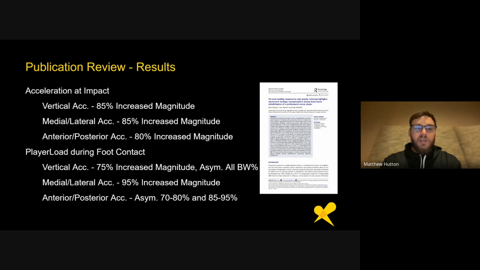And what they found was at 85%, the body weight started to tease out some of these asymmetries. That it increased the magnitude for the vertical acceleration and medial lateral acceleration at 85%. From 70 up until 80%, it was about the same. It wasn't statistically significant, but once they hit 85, it was increased magnitude. And I believe it was 85 to 90, and then I think 90 to 95 was no longer statistically significant